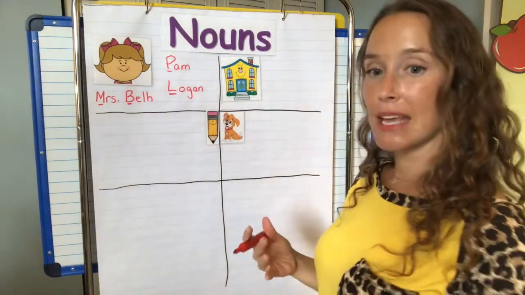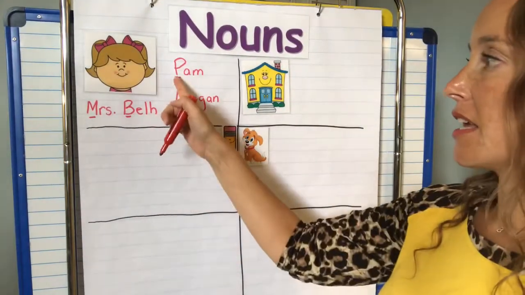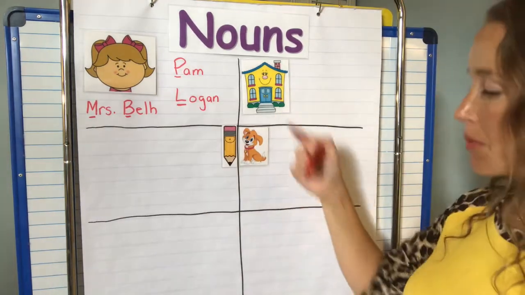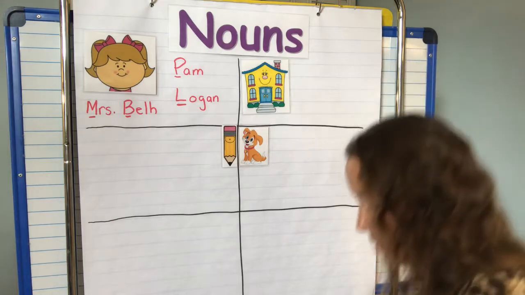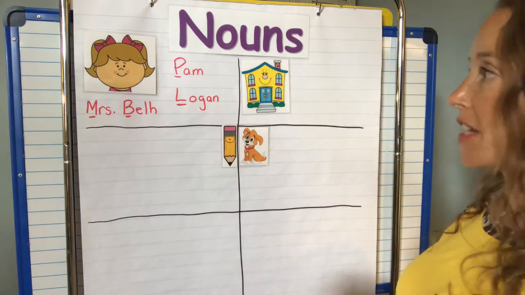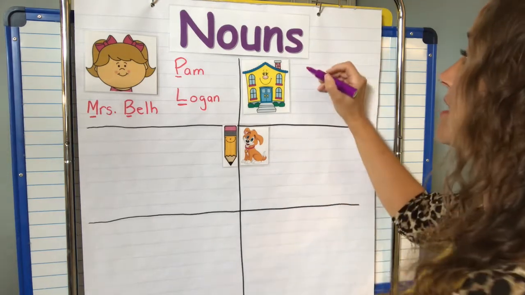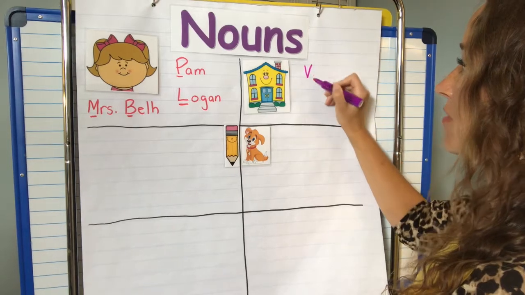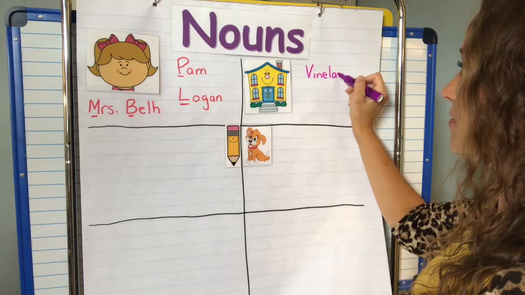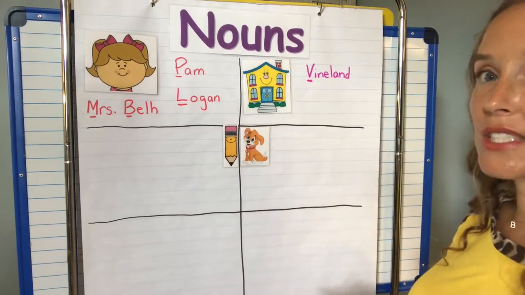They are names. Let me move this a little closer so you can see closer up. They get capital letters because it's a name. Proper nouns name. So now we're going to talk about places. We said schools before, toy stores. Now we can get more specific and use names. Well, you guys live in Vineland. Vineland is a city, so that has a name. So capital V for Vineland. That's the name of the place you live in. It's the name of your city.